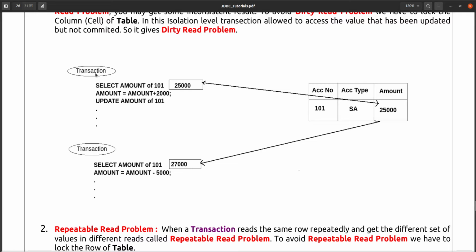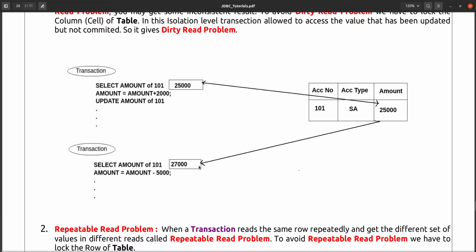Why is it a dirty value? Because transaction 1 has modified this value. Before it was 25,000, but transaction 1 came and modified this value, and transaction 1 is still running. Transaction 1 is not completed yet and this value is not committed at all. There is a chance that this transaction may roll back these changes.